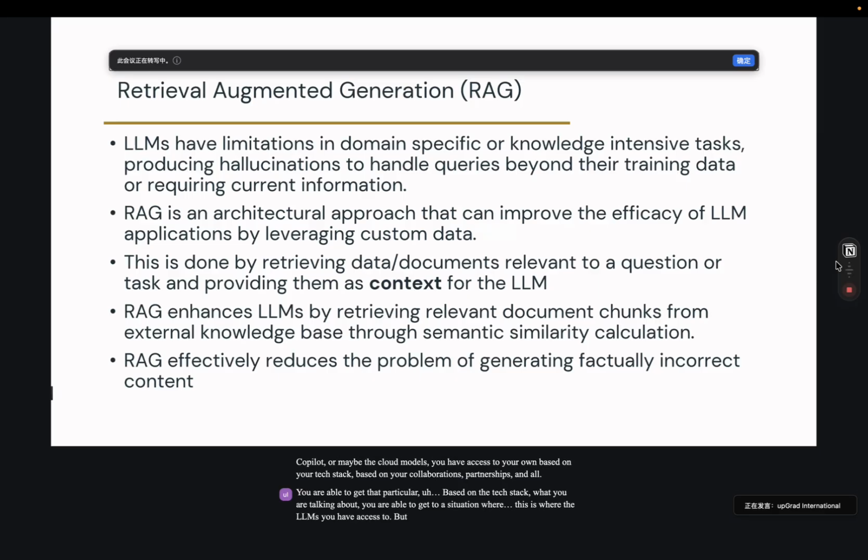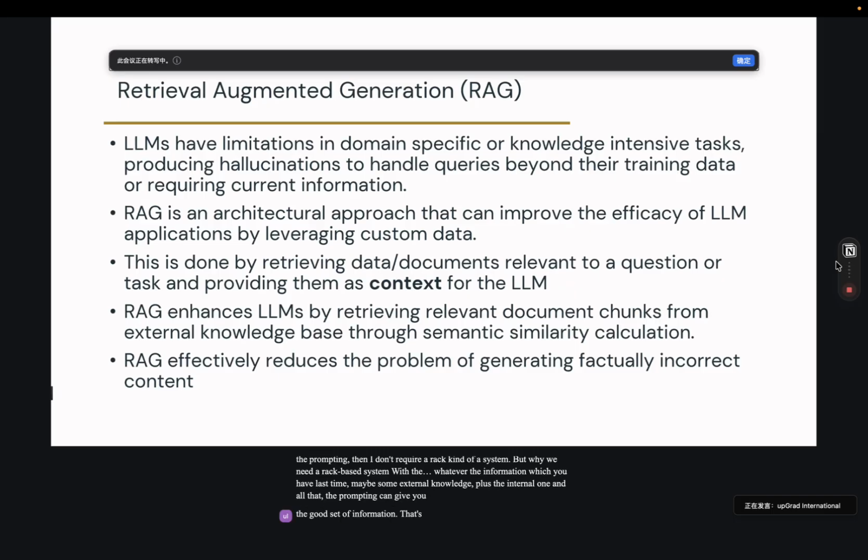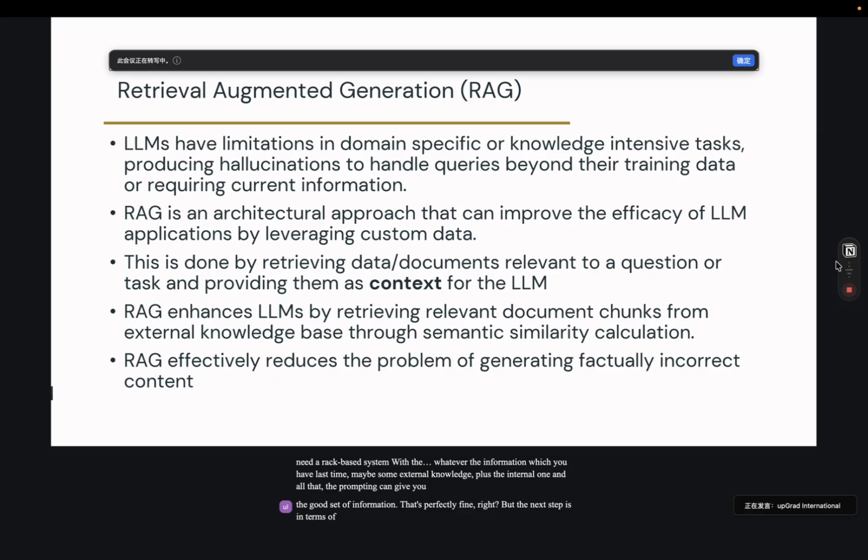But the point we are trying to emphasize here is if the knowledge is already there within the LLM, and you are just talking about the prompting, then I don't require a RAG kind of system. But why we need a RAG-based system: with whatever information you have from last time, maybe some external knowledge plus the internal one and all that, the prompting can give you a good set of information. That's perfectly fine, right? But the next step is in terms of getting that into,